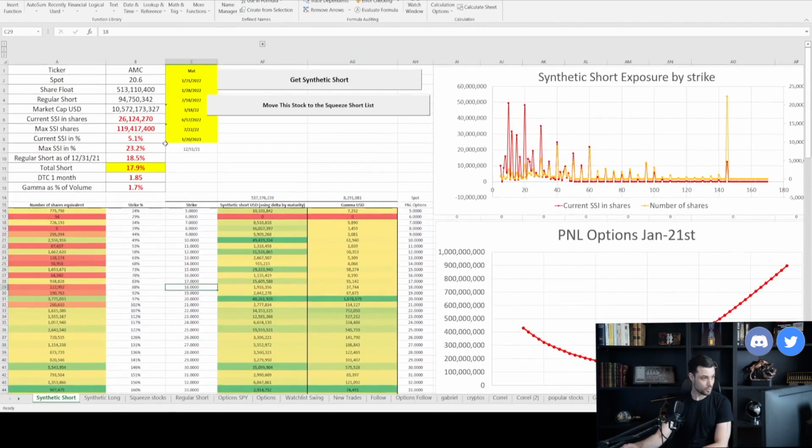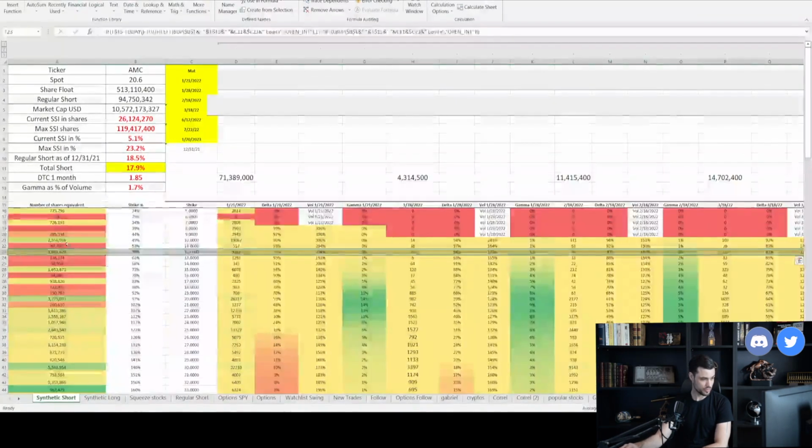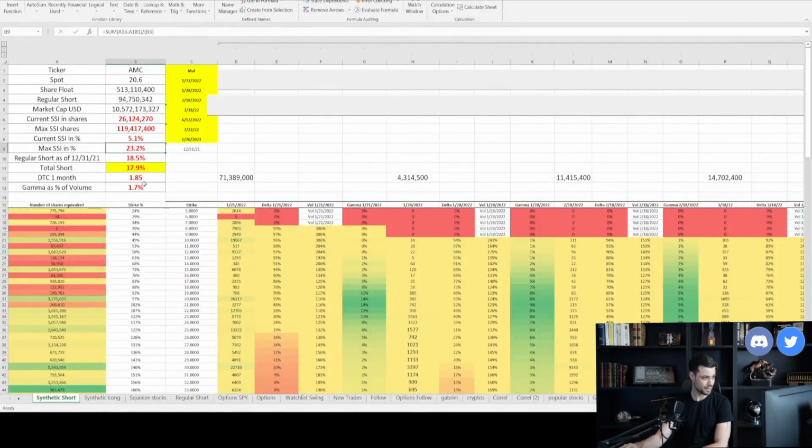So here, what information do we have? First information is that there is a lot of options on AMC. There is 5% of synthetic short right now. It can go up to 23% if all the options are in the money. The total short interest is 18%, so it's roughly stable. The DTC is at 1.85, so it's not very big because it's going to get bigger on the upside, but